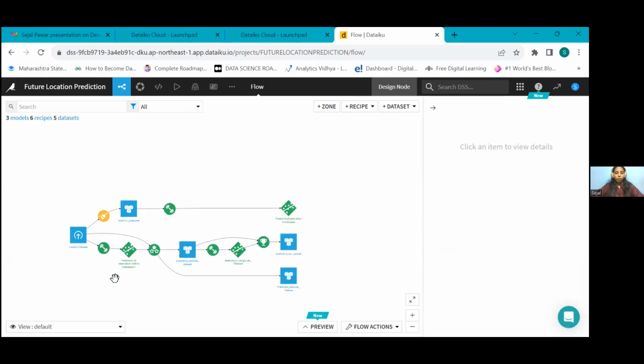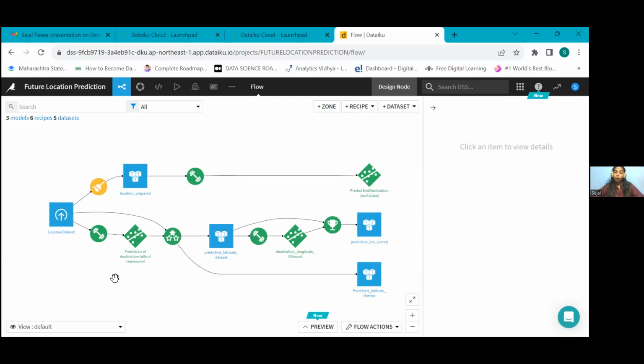If the longitude score is less than 50%, then the error rate is high. As we have to minimize the error rate, we have to score more on the longitude. The longitude can only be scored on the basis of the latitude predictions. If the latitude scores are higher on the basis of the algorithm, then the longitude score will also be more than 50%, and then the prediction model can be accurate.